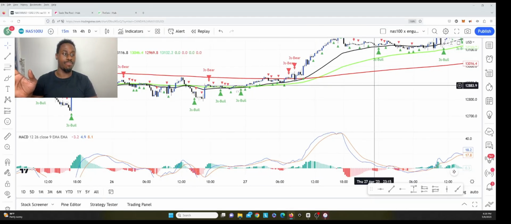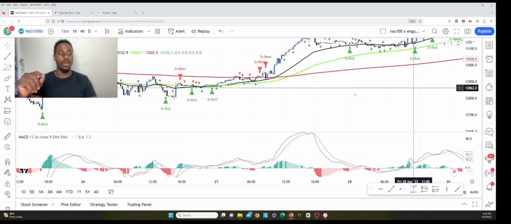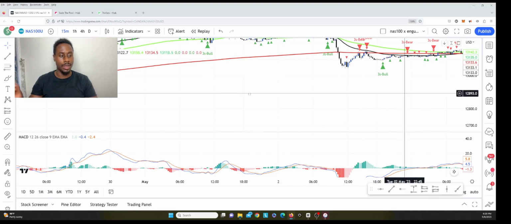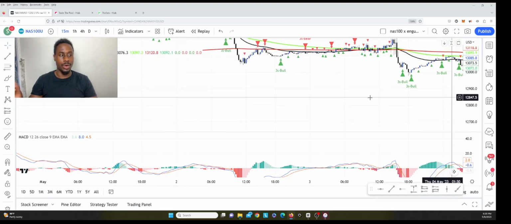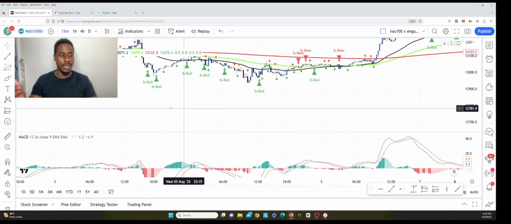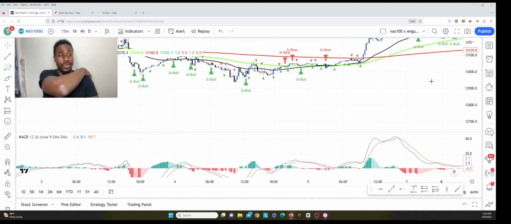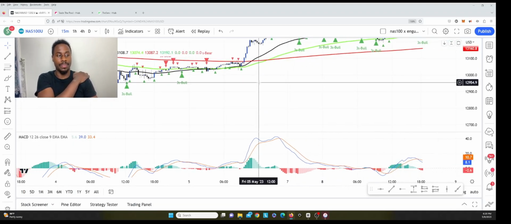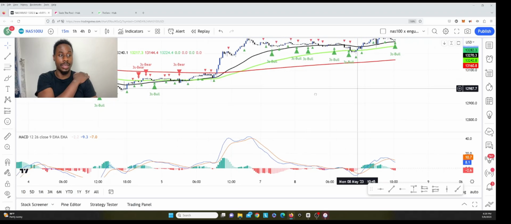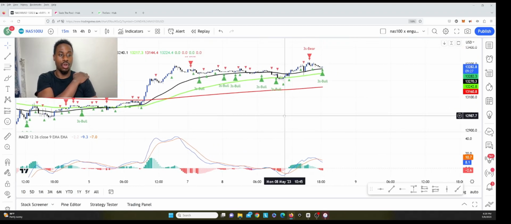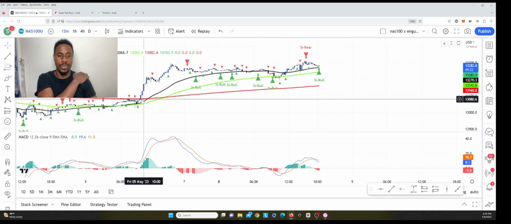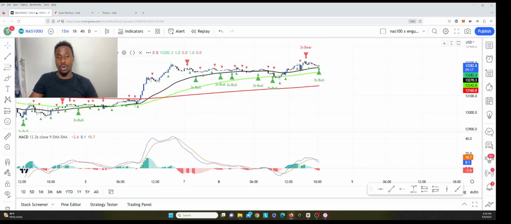So I made no trades today. I wanted to take it slow. I wanted to actually get some A plus setups, right? Because I've been taking a lot of trades and they're not working, and I'm just chasing my tail, trying to figure out what works, what can give me some level of consistency and profitability. So I'm basically just looking for those A plus setups, because this looks like something that could have been a nice A plus setup, right? And if we go into the strategy,